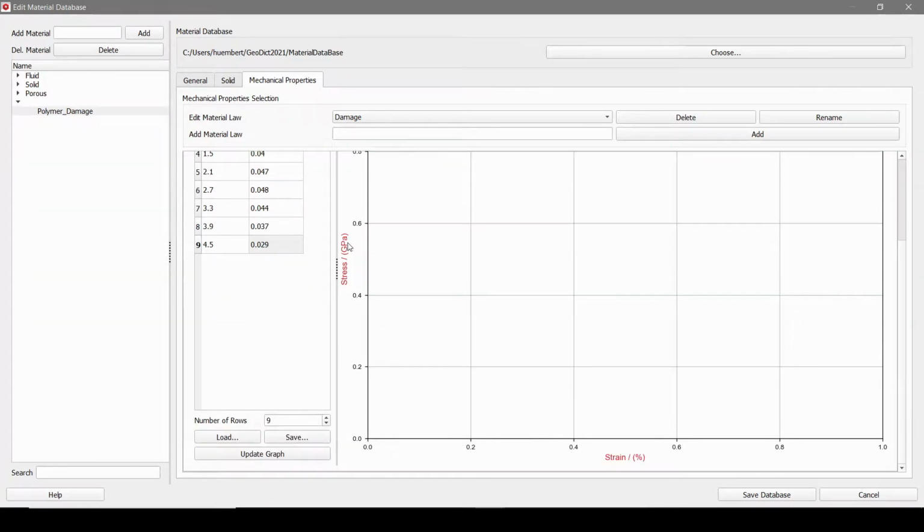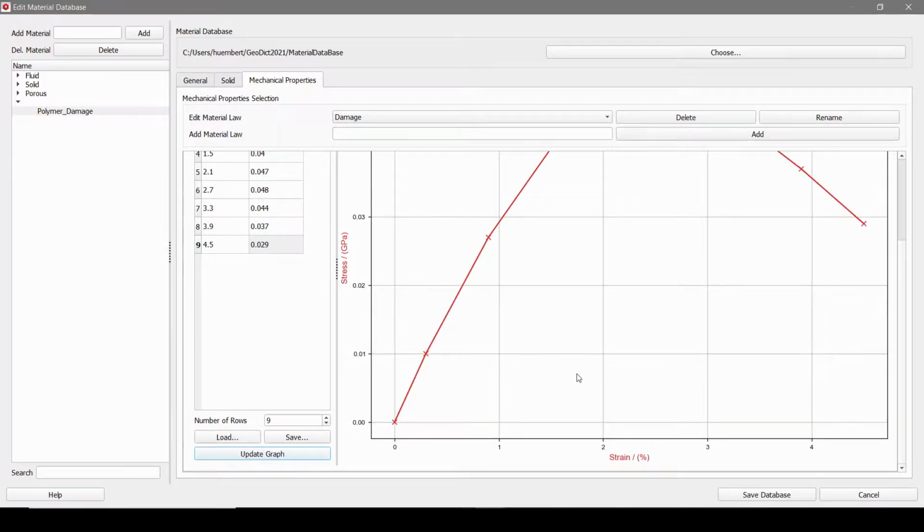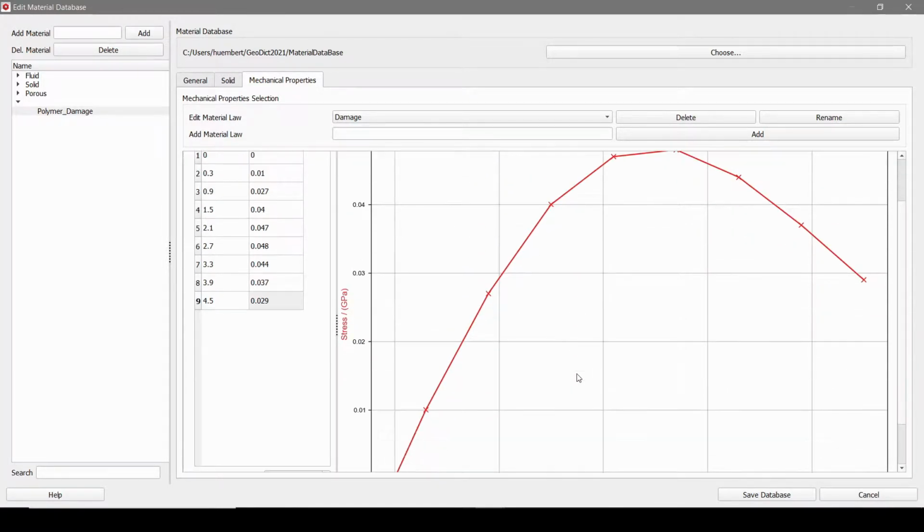You can then click on Update Graph, and then you see a preview of the curve of this experiment.